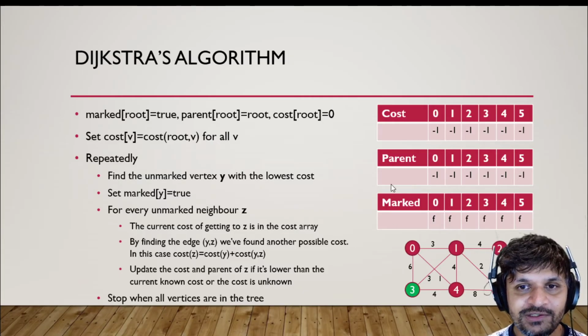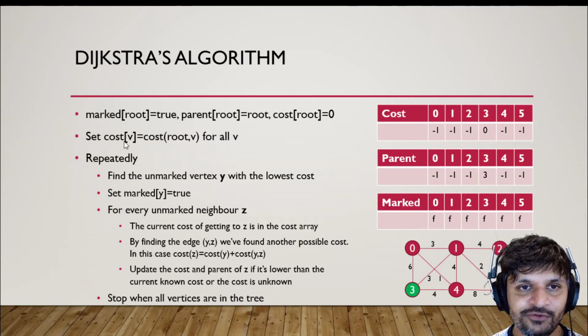Okay, so initially we're looking at the root being 3. We could pick any other root. It matters in that the tree would be the set of paths from the root downwards. So we're saying we want the shortest path from 3 to every other vertex, so we pick our root as 3. That means we set the cost of 3 to 0 and the parent of 3 to 3 itself, so it has no parent. Then repeatedly